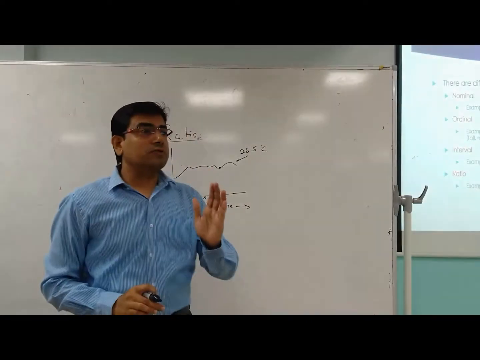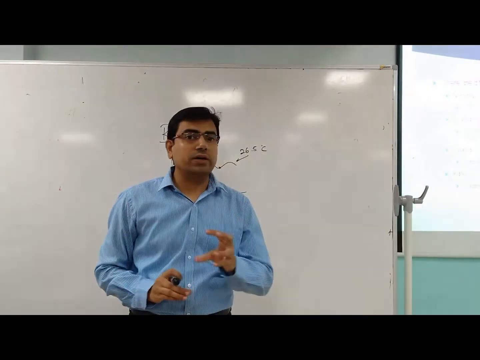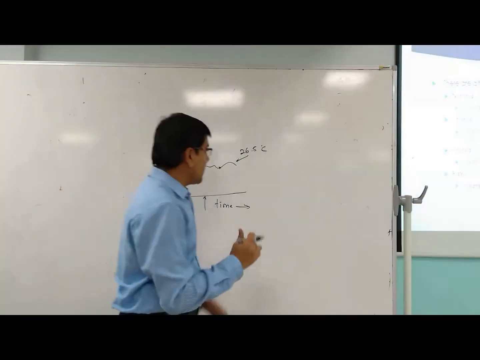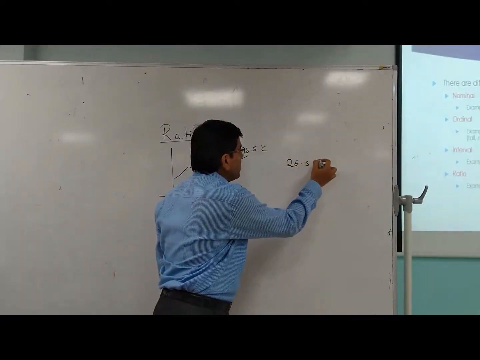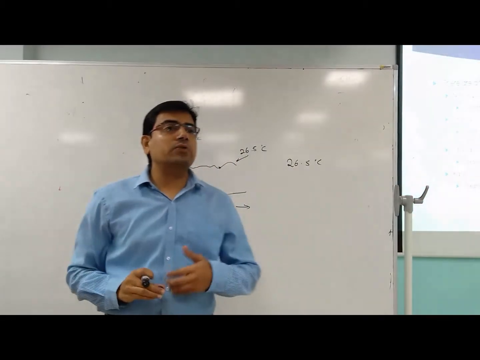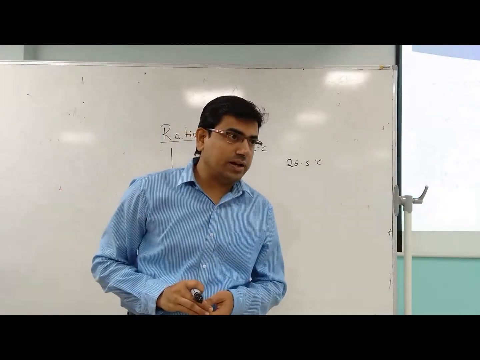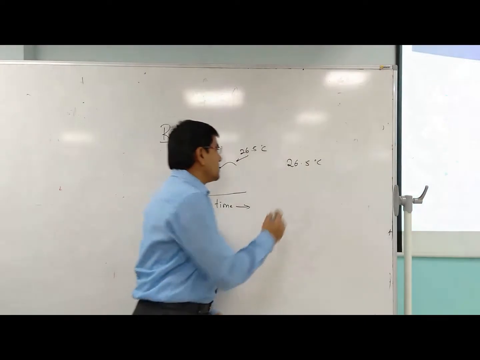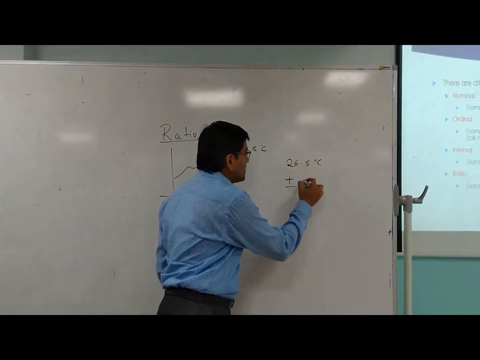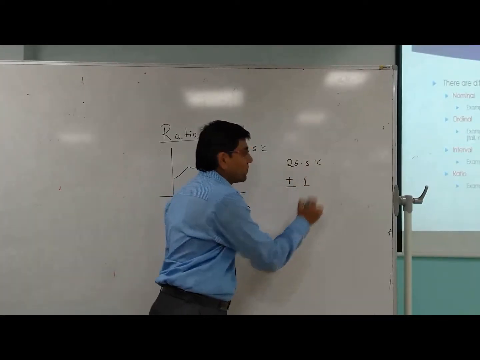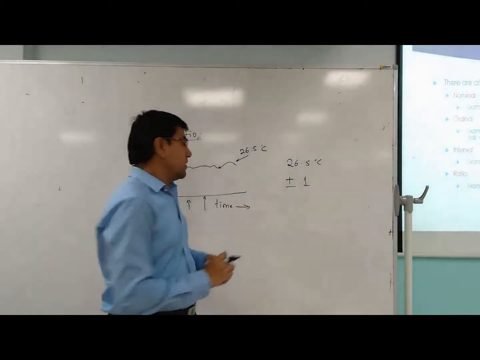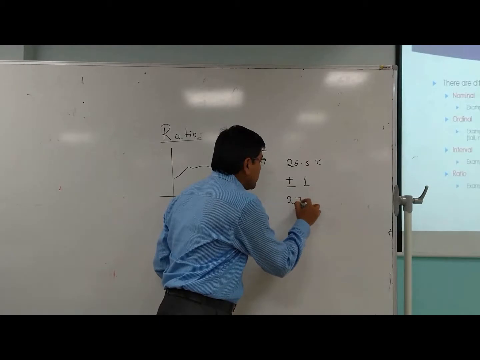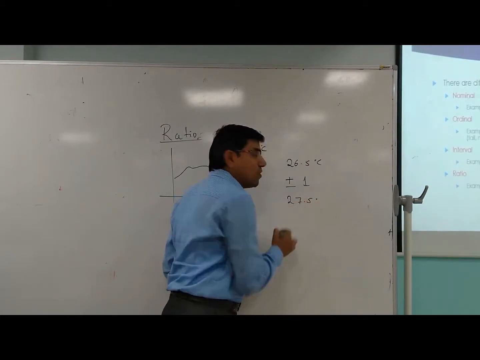Okay, so many of the operations on ratio data are valid. Say for example, if I take 26.5 degrees centigrade, and I would like to add 1 degree to the next one, so I would like to say there is a temperature variation of plus or minus 1 degree. Okay, it is possible, and I can indicate and understand that the variation was around 27.5 degrees,